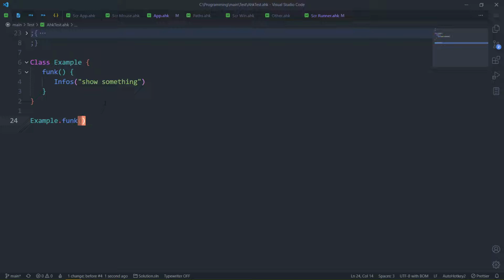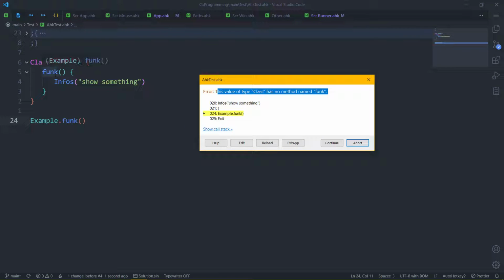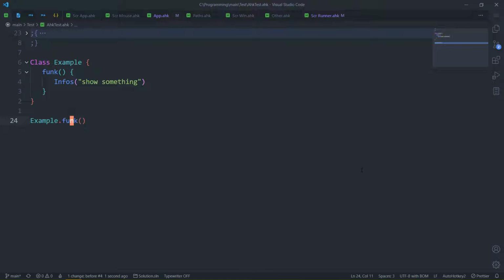Yeah, basically this doesn't work, and it's kind of strange. Like, why? It's literally there. I took the name and I called the function. Why is there an error? Well, actually, let's look at it. Maybe it's kind of useful. This type of value class has no method named func. It quite clearly does. Well, the thing is,